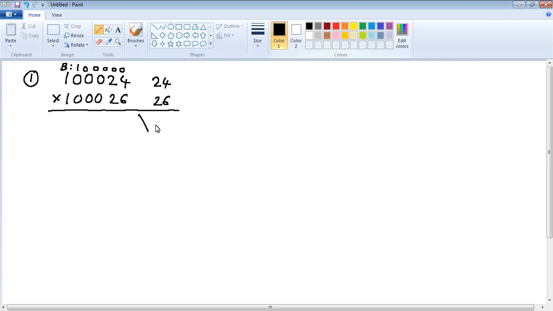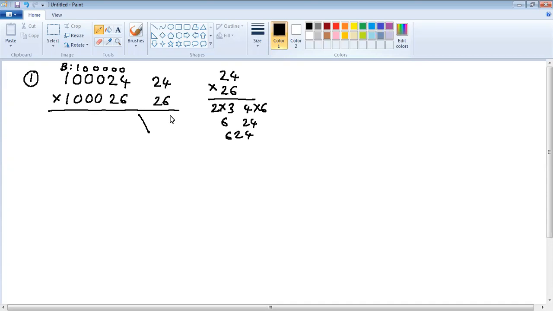Now, if you know the multiplication special case, you can use it directly. I'll just show you here in case some of you don't know it, but otherwise you use crisscross, which is known to all. Because it's a special case, the digits at the tens place are the same and the sum of the last digits is 10. You can use 2 into 3, 6, and 4 into 6, 24. This is 6, this is 24. But if you don't know this, then you will use crisscross.